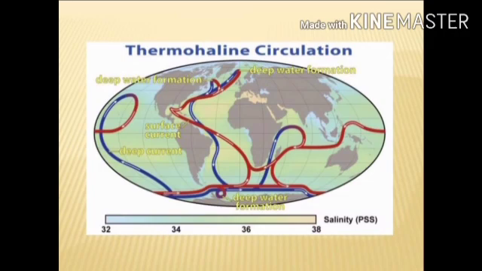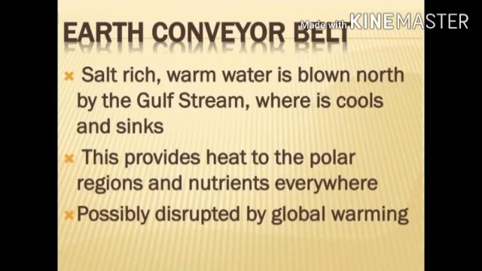Children, the difference in temperature of various parts of the region is the major reason for deep sea currents. Warm water has lower salinity and density. Such water comes to the surface of the sea, and the cold water with high density goes down. This movement causes the deep sea water current. Children, we have seen that the movement of warm water and cold water is going on continuously. Thus, the redistribution of the ocean water keeps occurring.